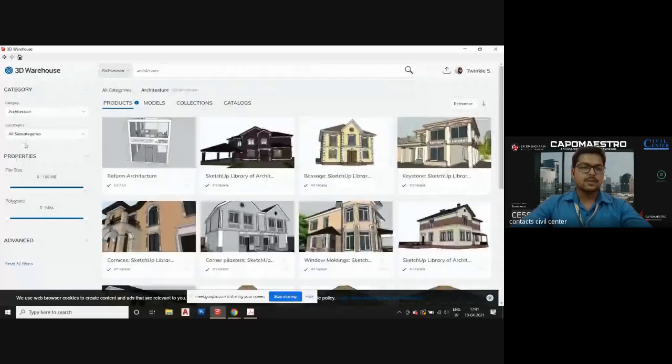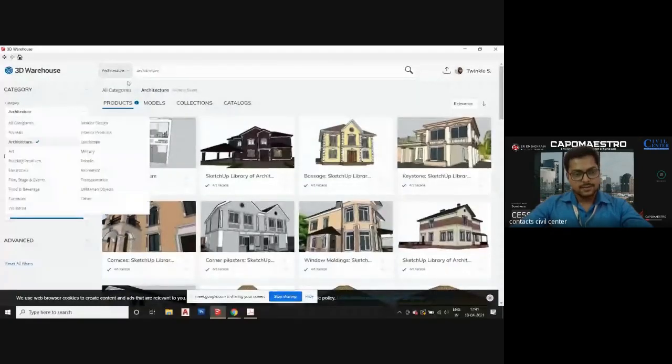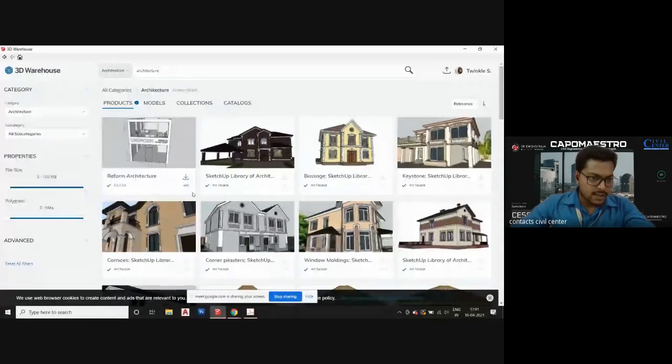In the search bar. Over here you can find a lot of options regarding the architecture or the building component. So you'll find a lot of options over there, and let's show them how to download it.